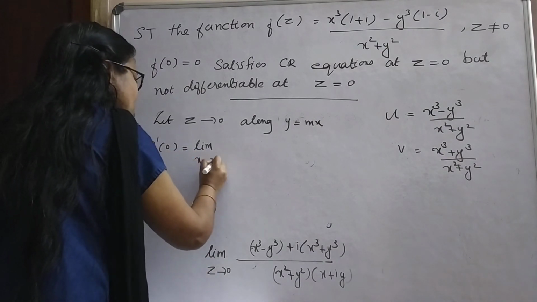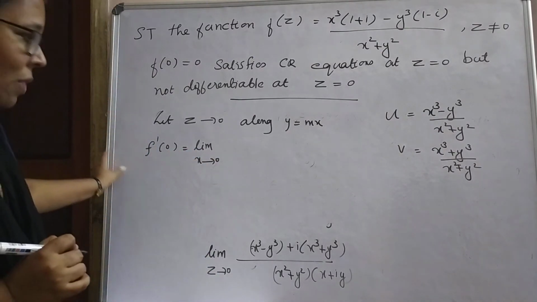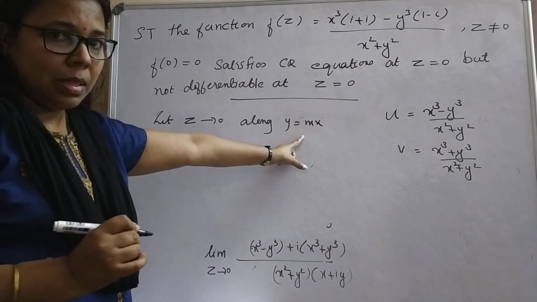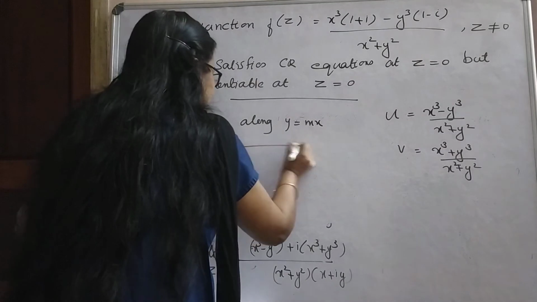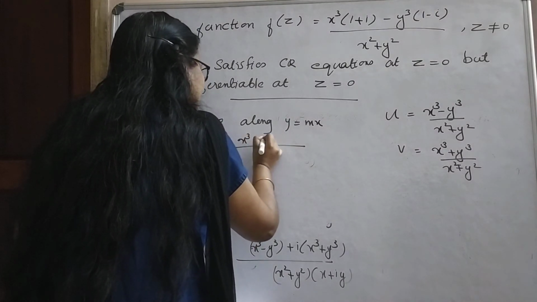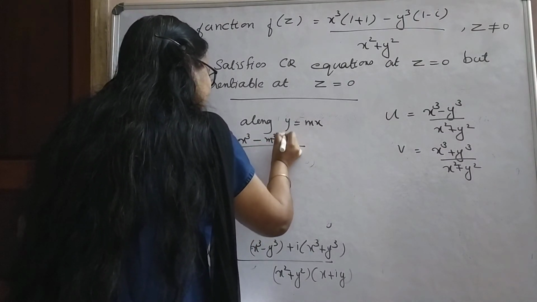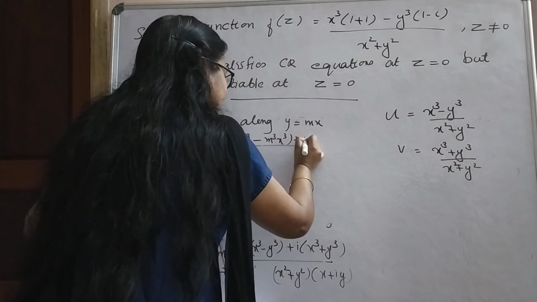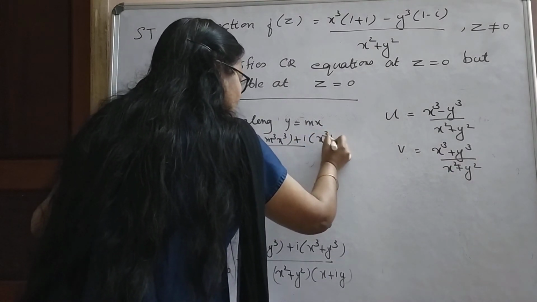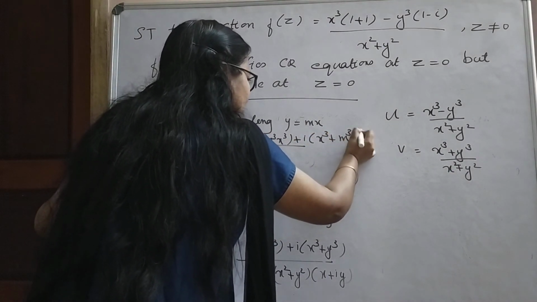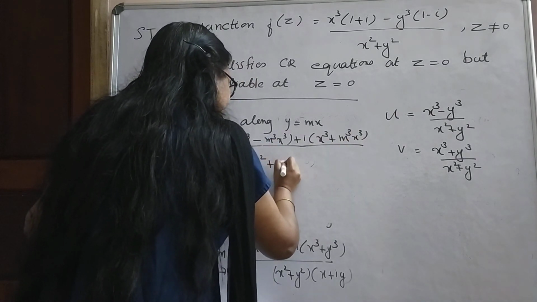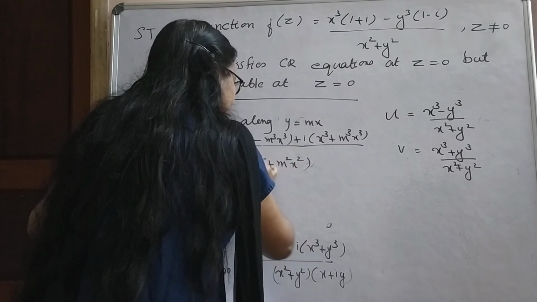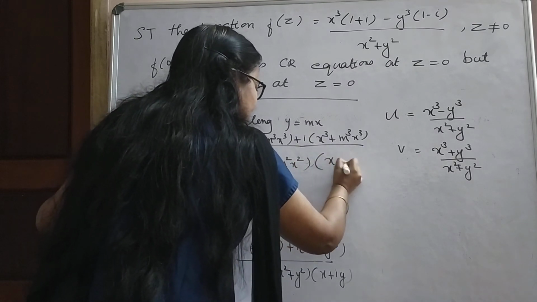Here x tending to 0, also y as mx. Therefore, replace all y by mx, which will get as [x cube minus m cube x cube plus i(x cube plus m cube x cube)] / [(x square plus m square x square)(x plus imx)],